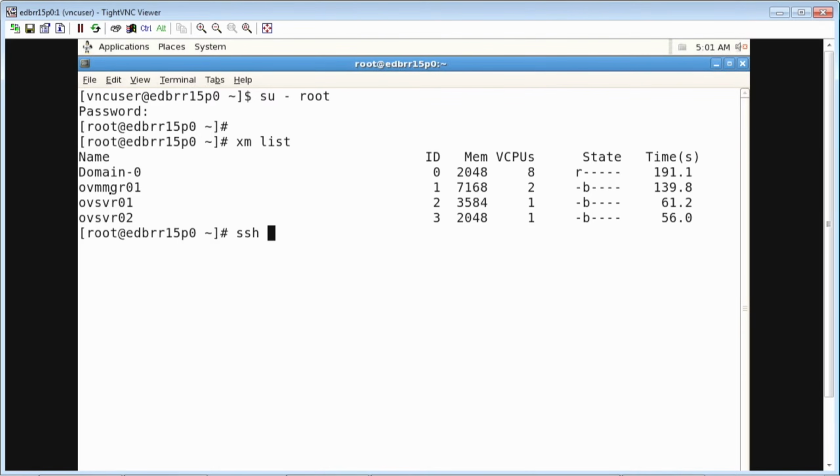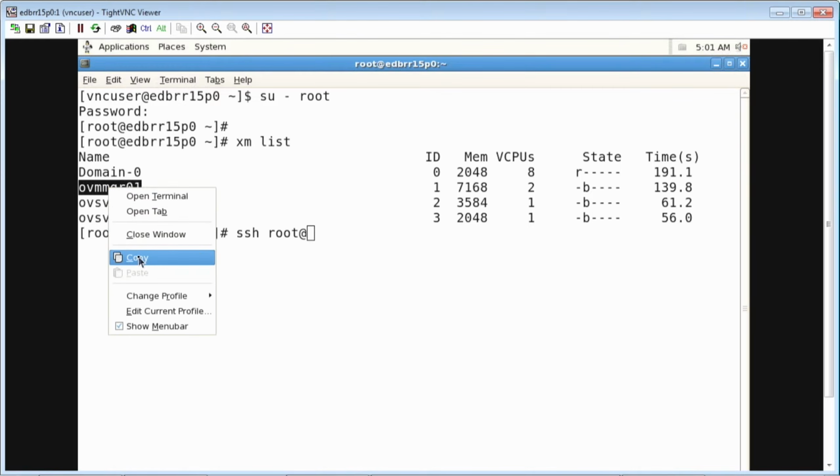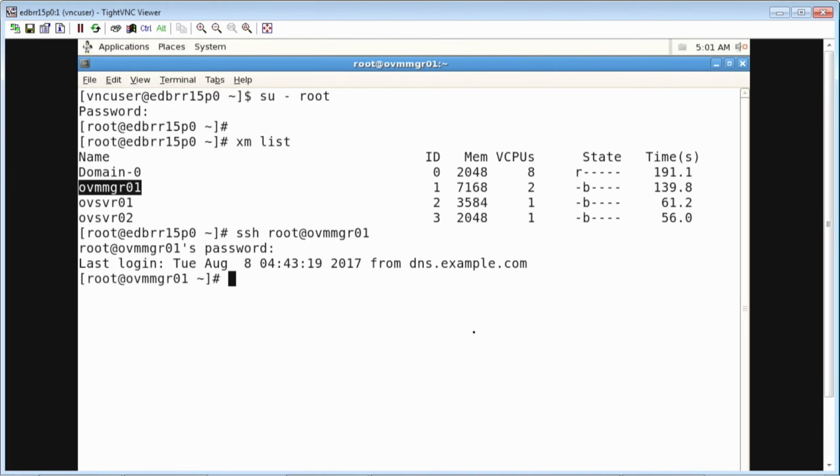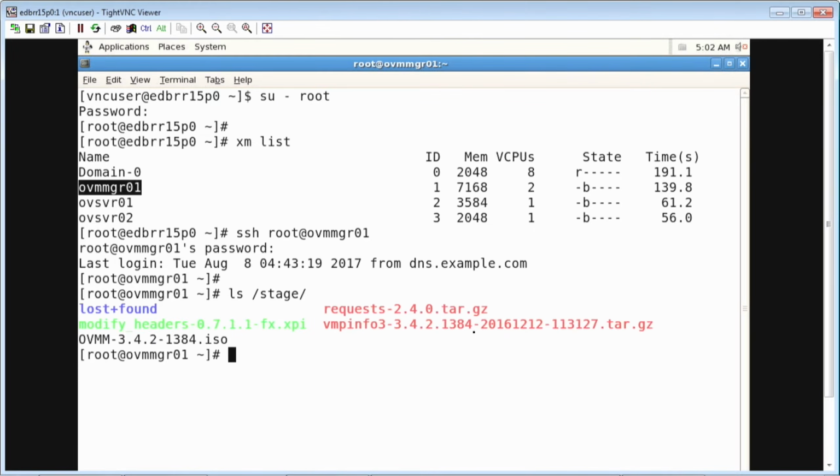If we get access to the Oracle VM Manager as root, remember the password for root in the manager is Oracle. Well, here you have the stage directory in which we have the ISO image for the Oracle VM Manager software. So we are able, for example, to mount